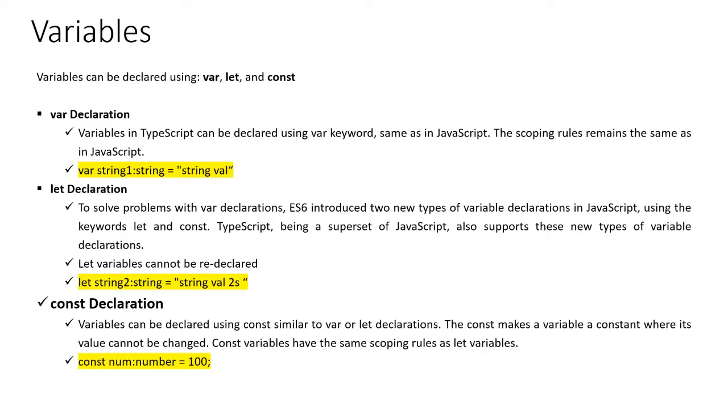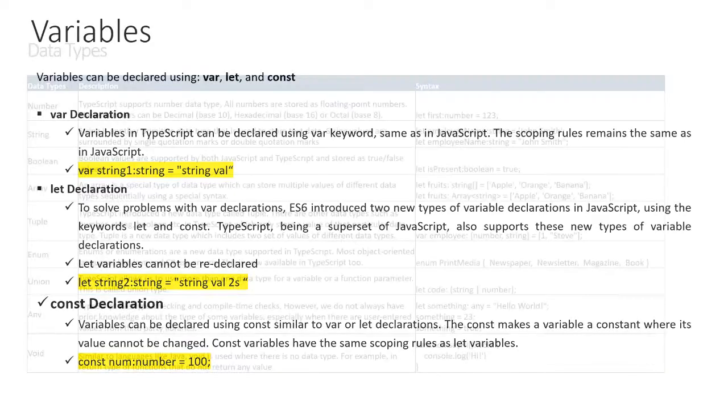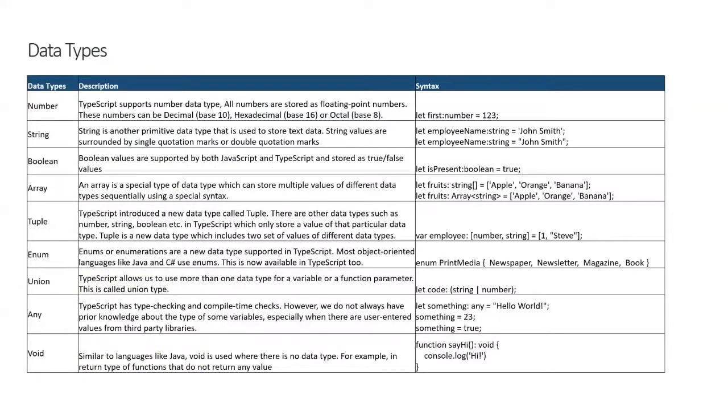I'll show the different types of things. We have number, string, boolean, array, tuple, enum, union, any, and void. We have a different set of things we are able to use, same like in our C#, right? Void is nothing but no return. That's the type you are saying is void. The same thing is in C# also. We use void for no return. Same thing we are using here: function sayHi colon void, because every return value you are using goes there.